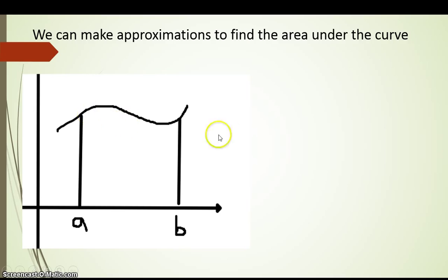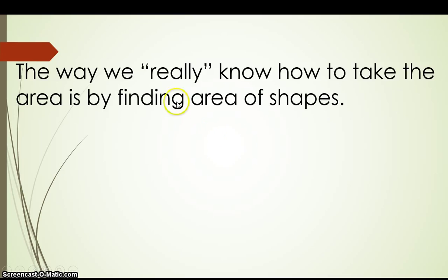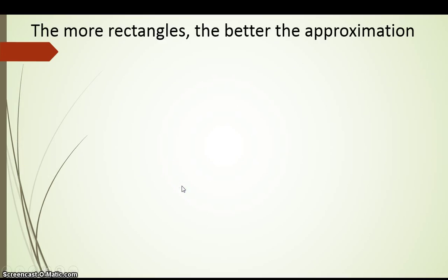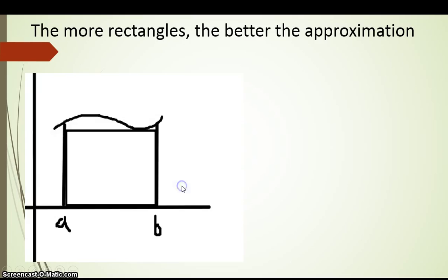If we have a nice simple shape, it's simple, but in this case we don't. So the way we really know how to take the area of stuff is by finding area of shapes. It's what we learned in geometry. So we're going to use rectangles because the area of a rectangle is simple. It's just base times the height. So to find the area, to make an approximation,